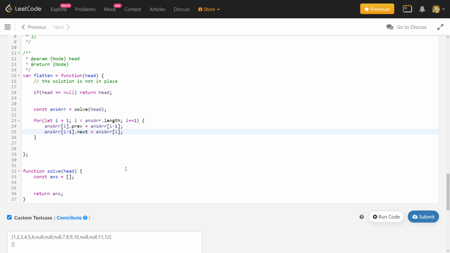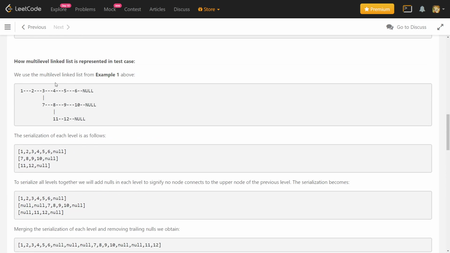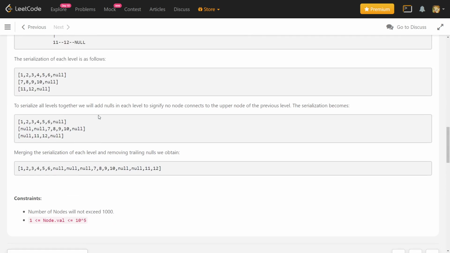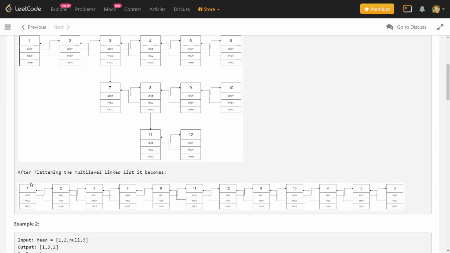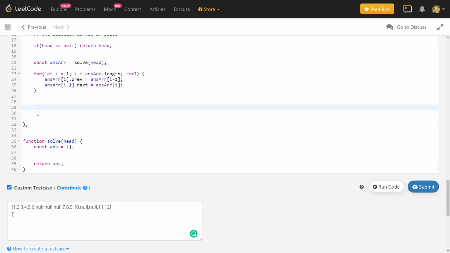So this will actually create the list for me. I'm just creating the previous and next pointers which are shown in this diagram. When I'm breaking down this list into arrays, we don't care about where the pointers are, and in the end I'll just create those pointers. And what do we have to return here? The head is actually at the first position, so we will return that head, and starting from there, the doubly linked list will start.